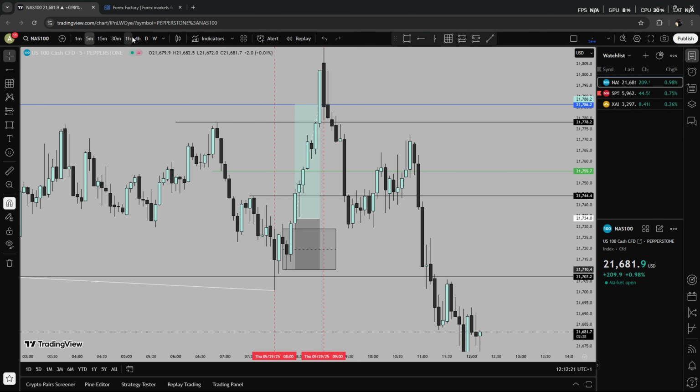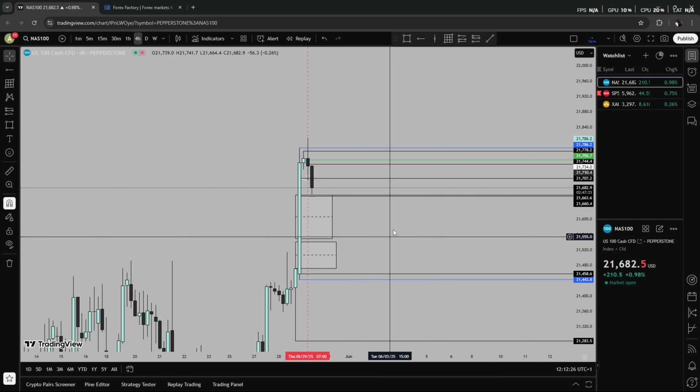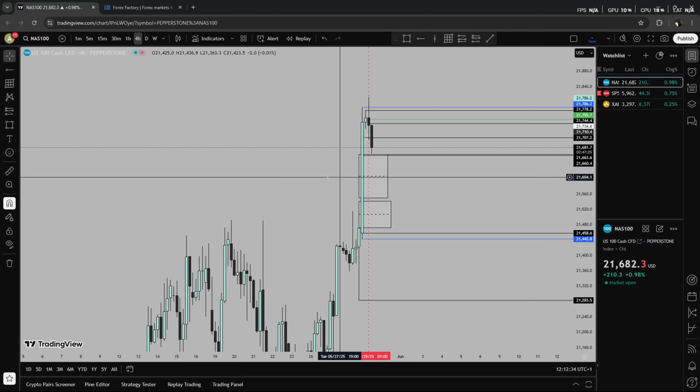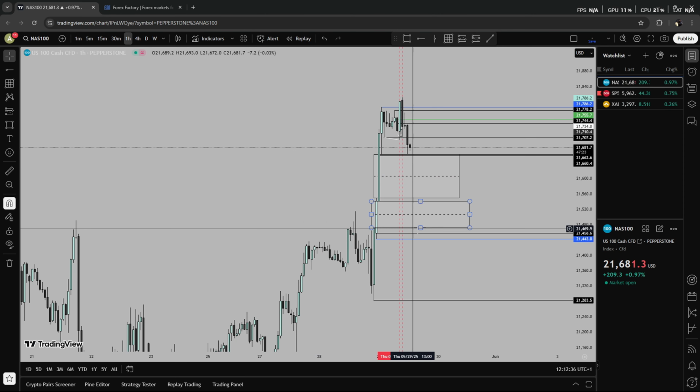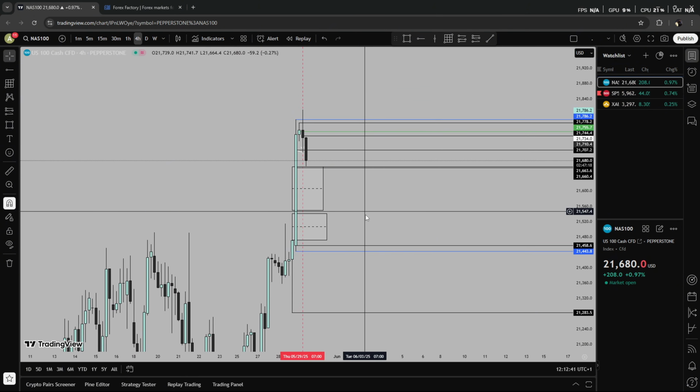And yeah, let's get into it. So my overall bias for today was bearish. As you guys can see, the price is actually starting to come down, but we did take a long today. My overall bias was bearish because yesterday we had a massive move up at night. I'm not really too sure why. We had a massive move up at night.